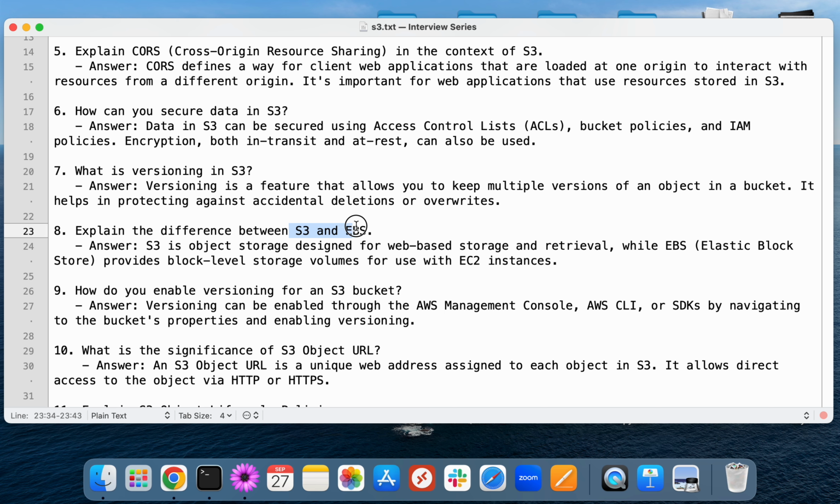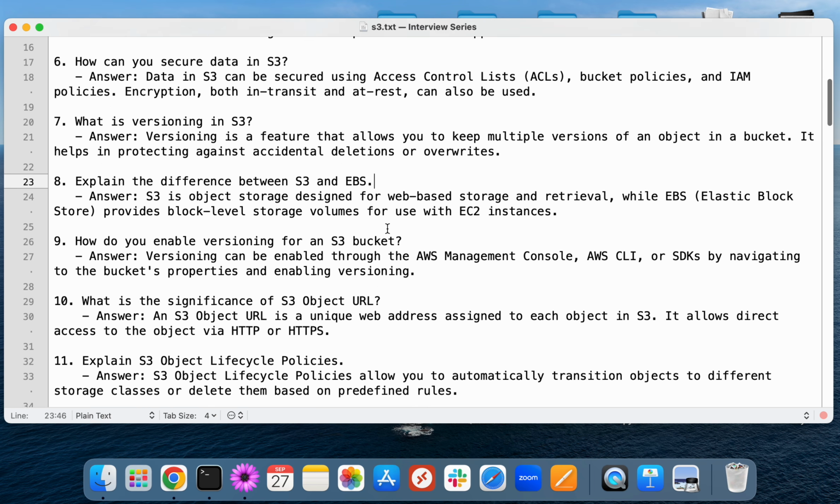And what is the difference between S3 and EBS? EBS stands for Elastic Block Storage. It's a block storage option where we create EBS volumes, and we can mount or attach this volume to our EC2 instances, our servers. But S3 is object-based storage. However, AWS recently introduced an option to mount an S3 bucket to our EC2 instances, but it is not a fully mounted one. But EBS is block-based and S3 is object-based.